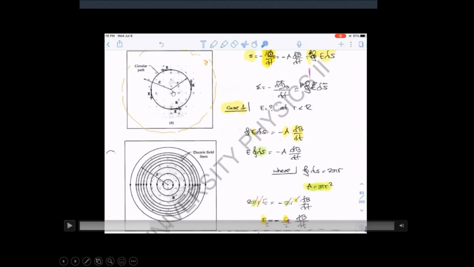This circulating electric field is going to come about because of the change in flux within the smaller radius, not outside of it, but within the region, inside the radius of this region where the electric field is going to be circulating. So when you get to this A that you're looking at, this A represents the region within which the flux is changing. And so the only region which is going to be responsible for the circulating electric field is the area of the region within the circulating electric field. So this A that you're looking at